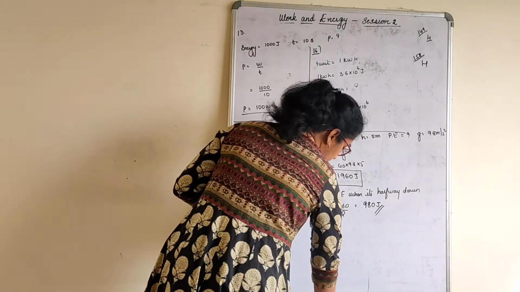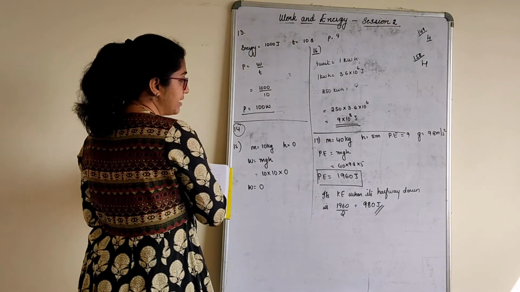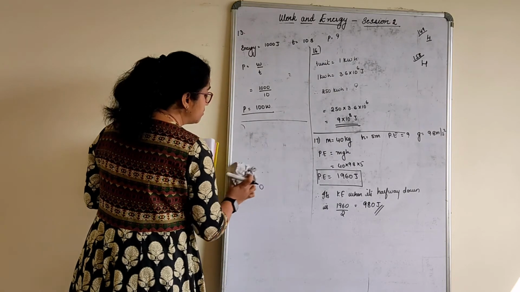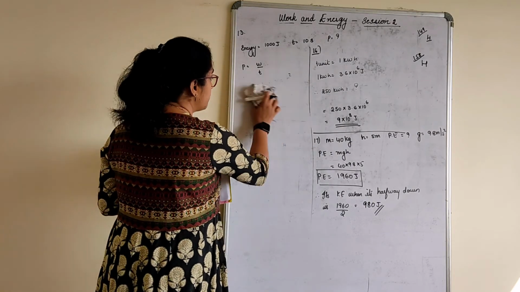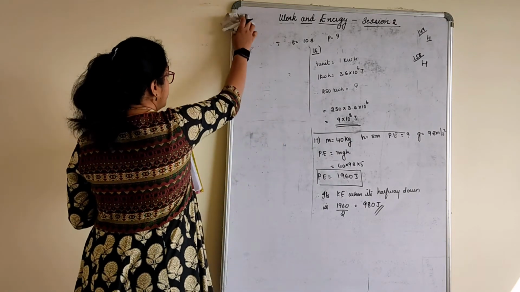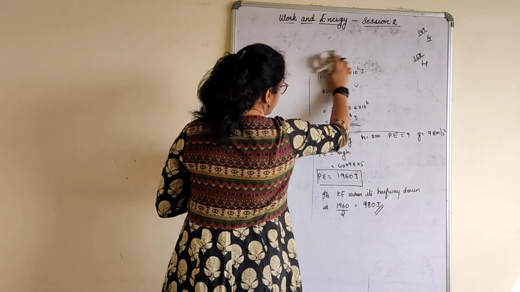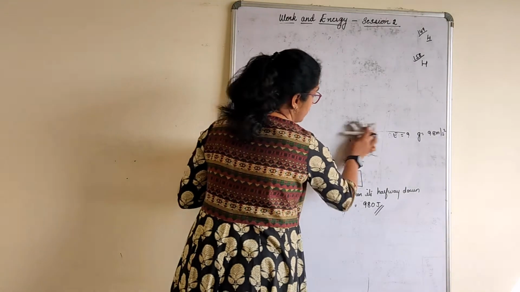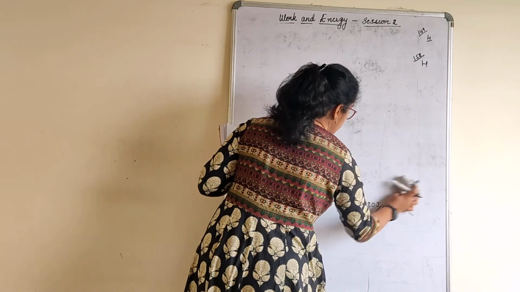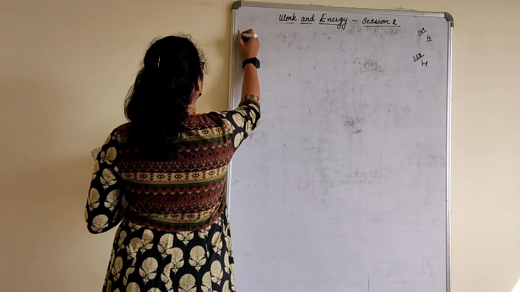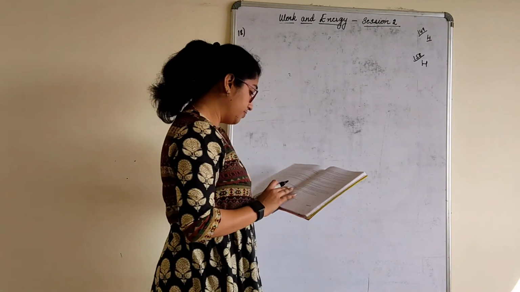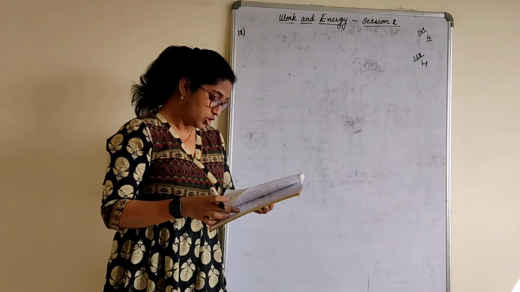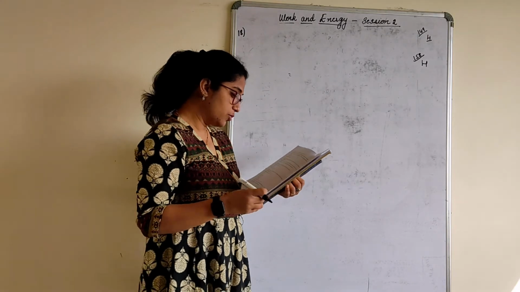As I have told you children, the numericals are very simple. Don't get confused with the question numbers. I have just continued the numbers. Follow the textbook, follow the numericals, they are in order. Next, we have to go with the 18th. It is actually the 14th question in your book.